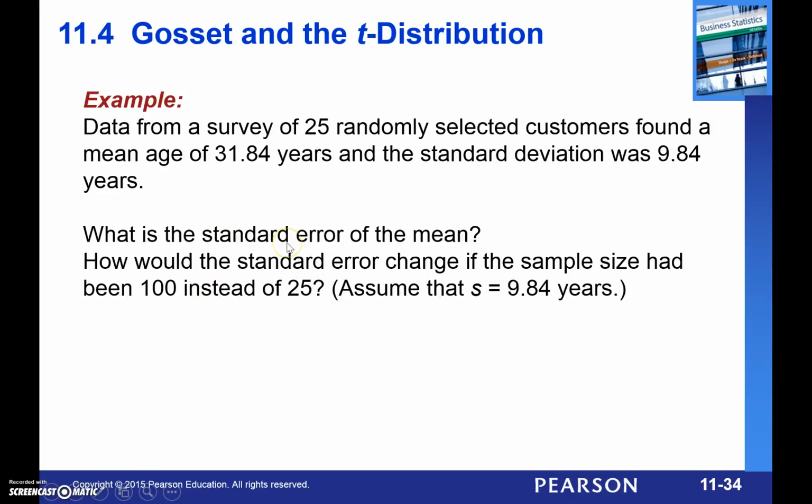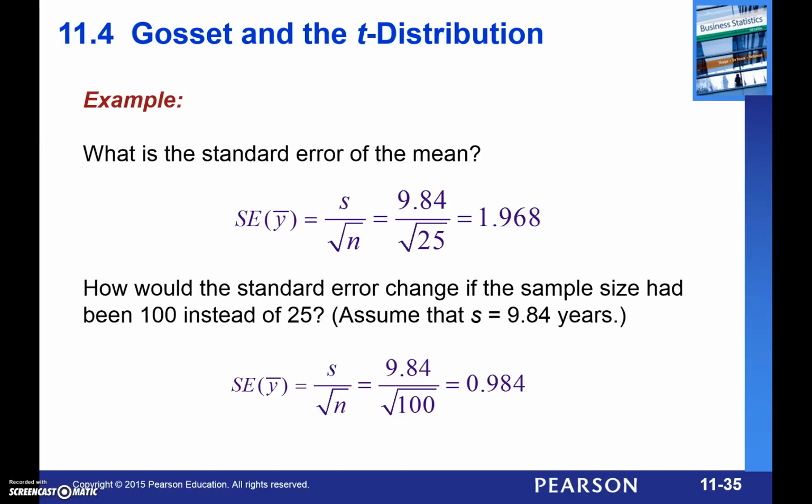Let's start with the first question. Standard error is just s, the sample standard deviation, divided by the square root of n. So we get 9.84 over root 25, which is just 5, so 9.84 divided by 5. The standard error of the mean is 1.968. What this means is, if we were to take another sample, we would expect that its mean should be around